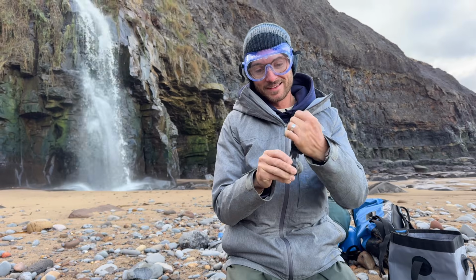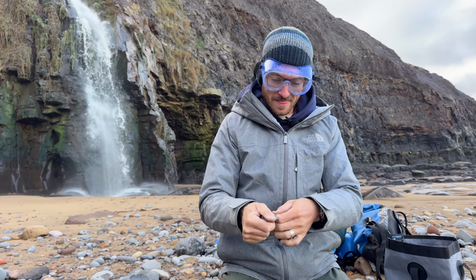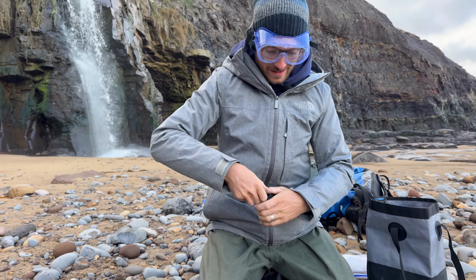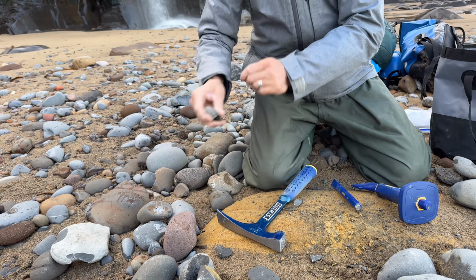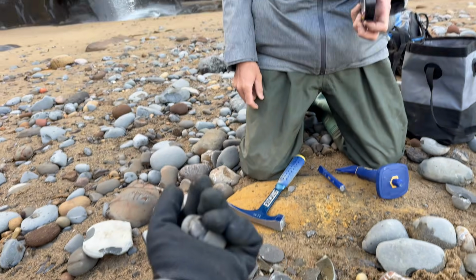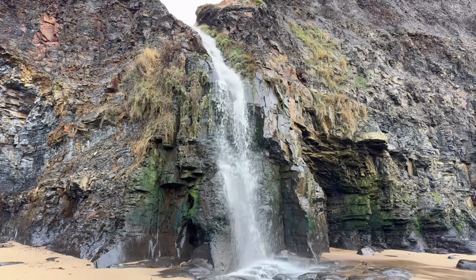Awesome. So we don't want that ammonite to get damaged, so we're going to wrap around a little bit of electrical tape like that. That'll keep it safe for the journey back. Did I win? So far on our splits,